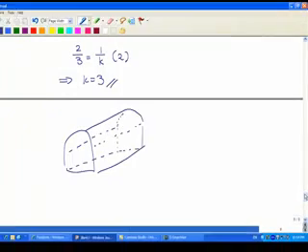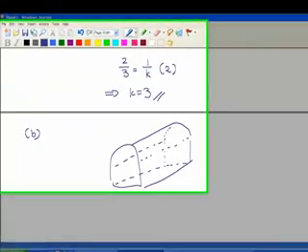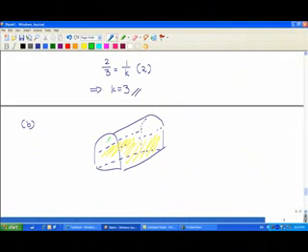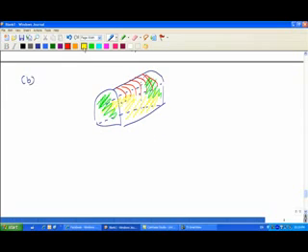So in order to do that, we will need to find out 1, 2, 3, 4, 5 areas. We need to find out the side area, which I will shade as yellow. I will also need to find out the area of the face, which I will shade as green. And I will also need to find out the area of the curved roof, which I shade as red. So from here, the total area,